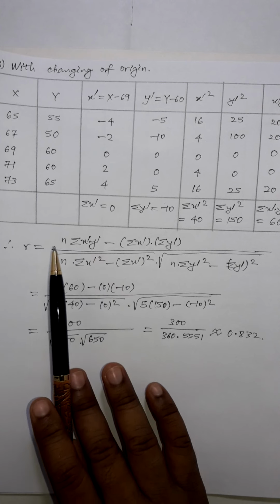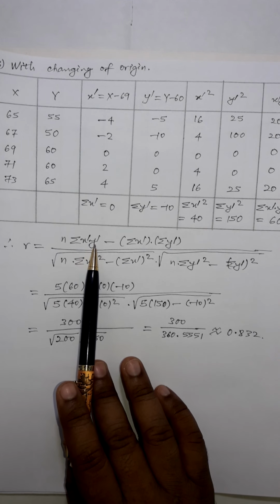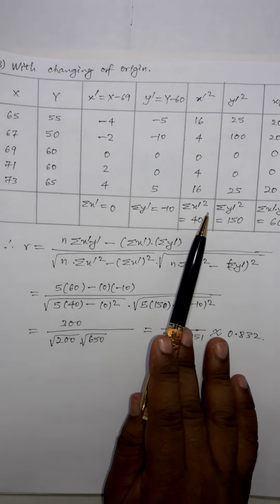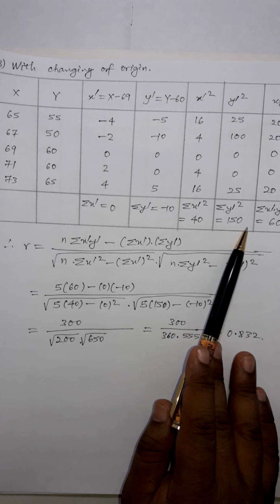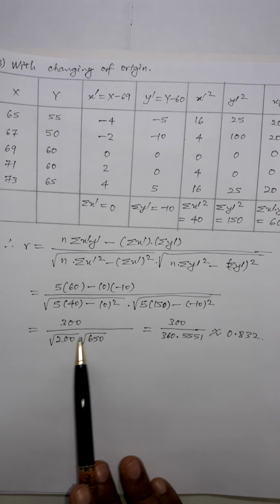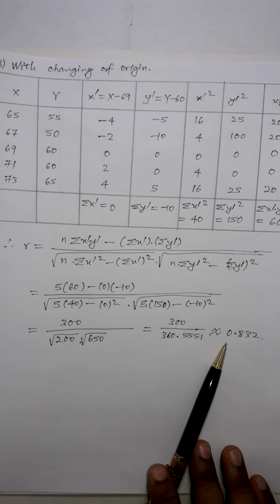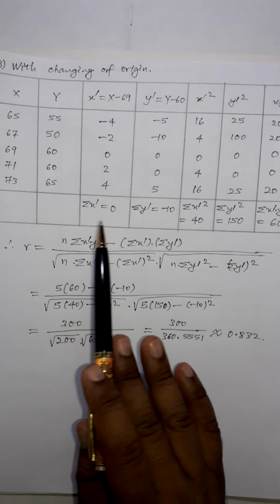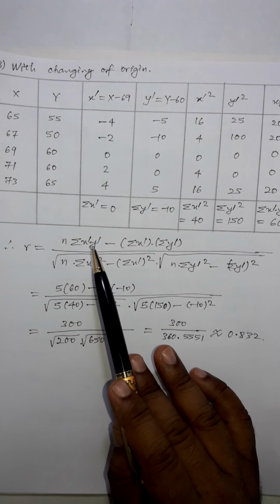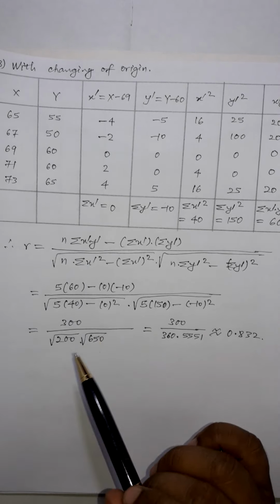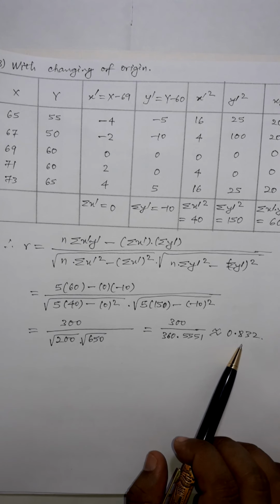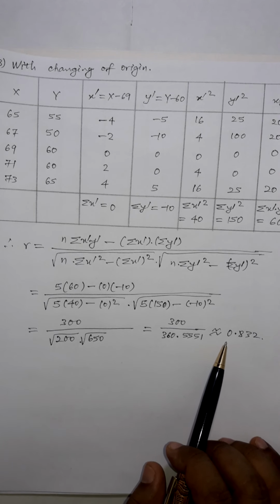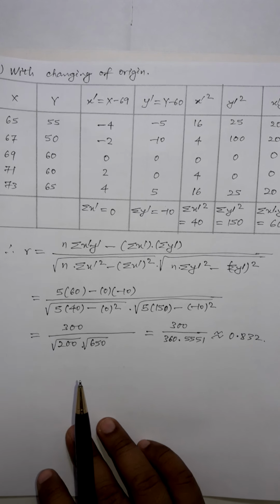Now using the same formula, but here in terms of X dash and Y dash, the deviated values, putting in the reduced form values which are very small. Now I have calculated gradually and I obtain the same number 0.832 as the correlation coefficient that I obtained in case B, where I have not changed the origin or scale, meaning by the direct formula. So you see, while changing the origin also I am getting the same correlation coefficient that I obtained without changing the origin and scale.